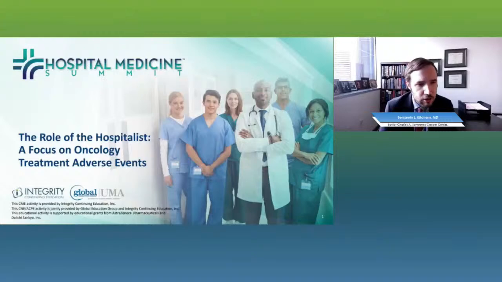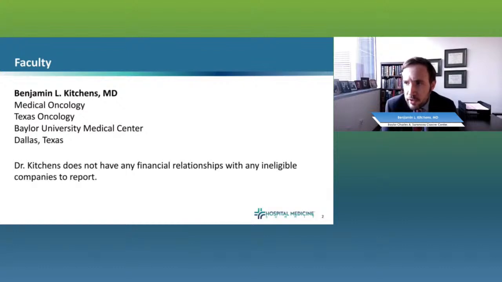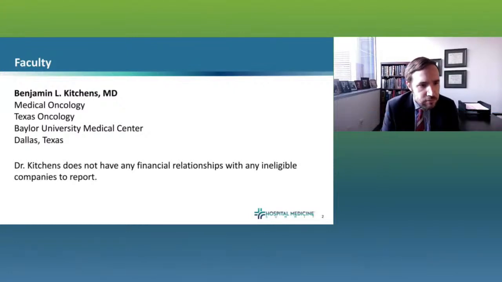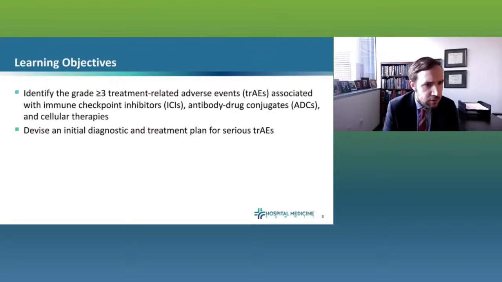As they mentioned, I'm an oncologist down here with Texas Oncology at Baylor in Dallas. I was a hospitalist for 3 years, so I am one of you at heart. Did that in between residency and fellowship. But we're going to be talking about the intersection of what we do as oncologists and the drugs that we give, and how we can work together to take care of those folks that are experiencing toxicities related to these things. So our learning objectives today, we're going to be looking at